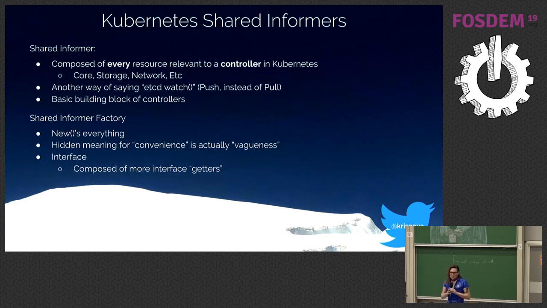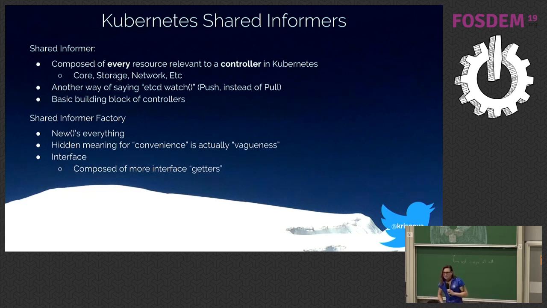One of the problems I personally have with this is we're kind of hidden from what's actually going on here. So this hidden meaning for creating a new shared informer factory is actually fairly vague when you look at it. Furthermore, it's an interface composed of interfaces. So while that's flexible, it's actually quite confusing, and it's really hard if you ever try to go through and look up what you're doing. You need to do about 3 or 4 type assertions to get down to the actual literal object you're interacting with. So these shared informer factories are convenient, but they come at a cost, and that cost is some vagueness